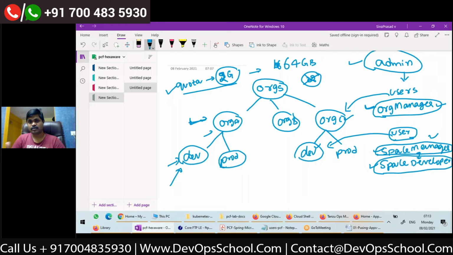So you understood about organizations, spaces, users, right? Now let me tell you what I have to do to log into Cloud Foundry. I have already installed Cloud Foundry for you.